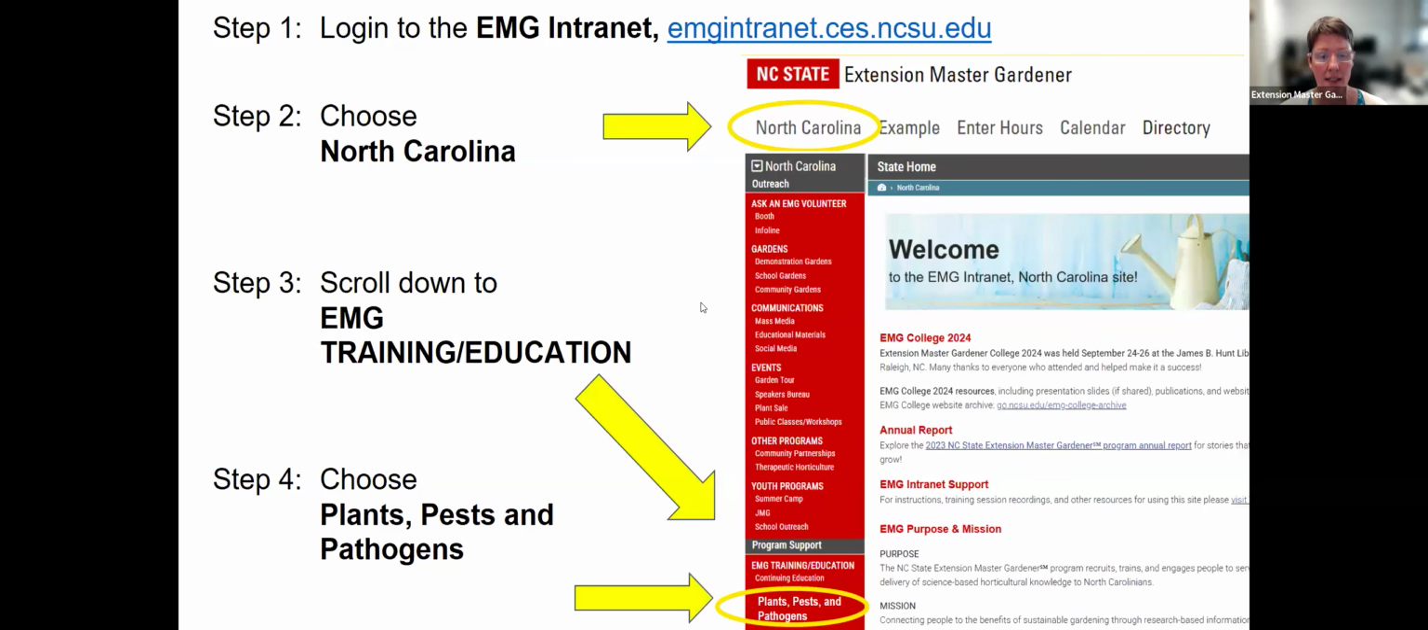So from your county site, when you first log into the EMG intranet, where you open on your county site, to get to the North Carolina site, just click on the North Carolina link, which is up at the top, right under the